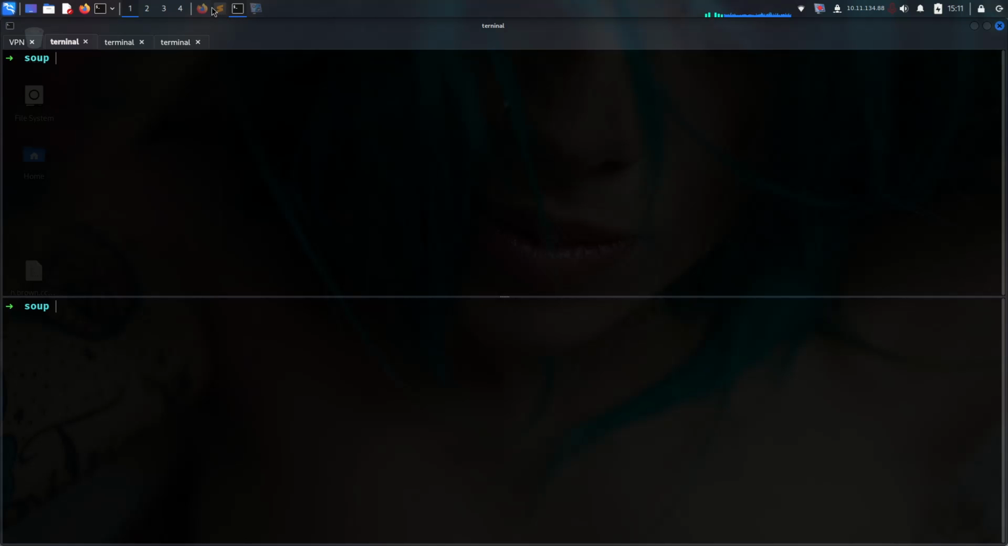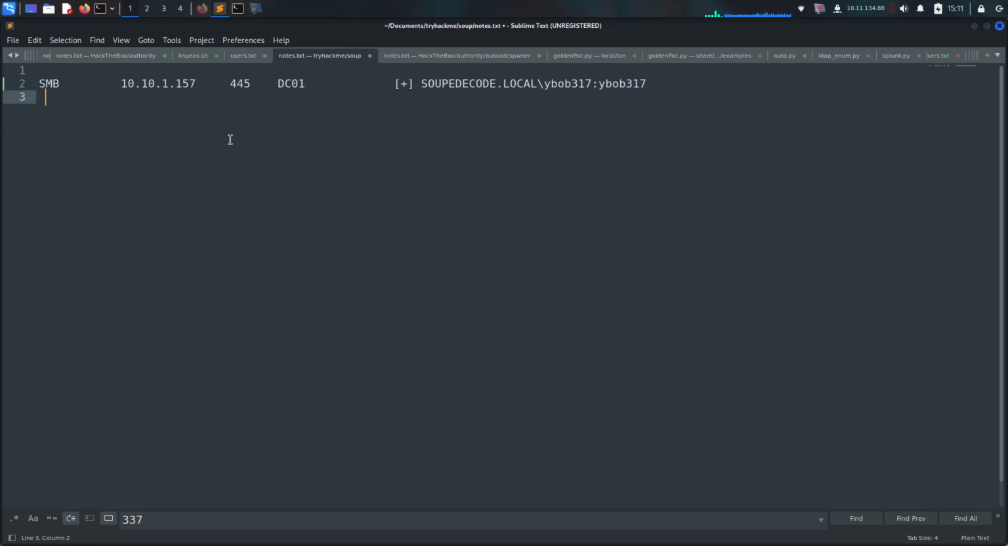Nice. There's two things we have to do. The first thing: if we have a user list, try ASREP roasting. If we have credentials, try Kerberoasting. Kerberoasting and ASREP roasting are supported by LDAP,